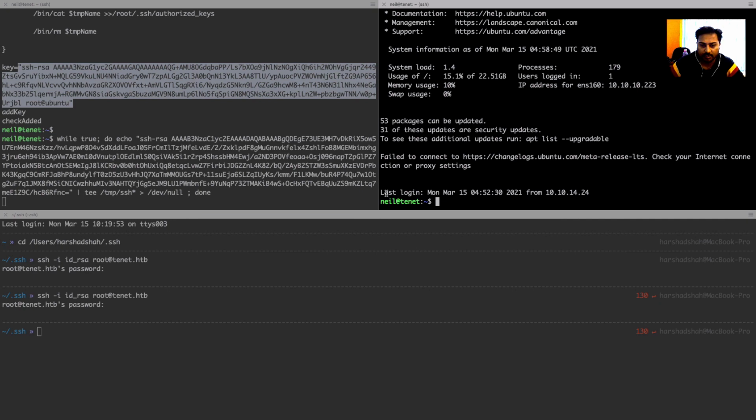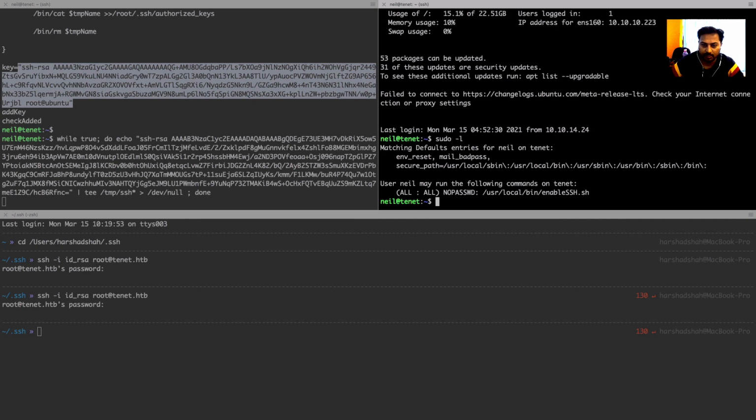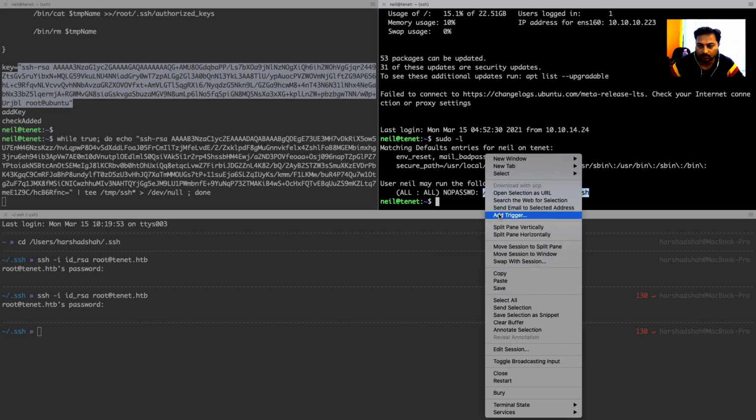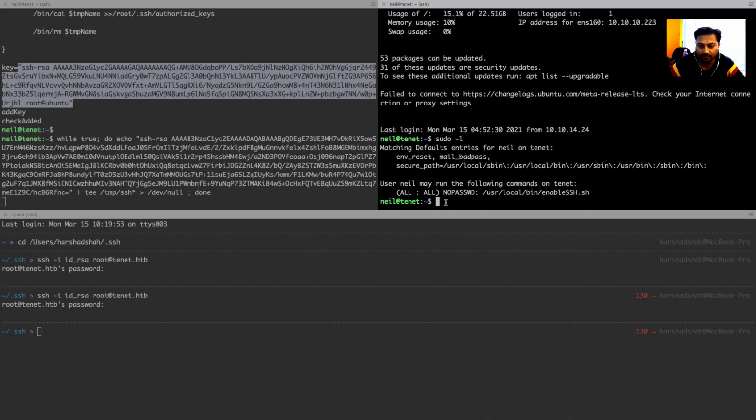Okay, so we are logged in as a user again, now sudo -l. Let me try to run this file. Copy this one, and we can use sudo command and then paste, and check if we can get anything.